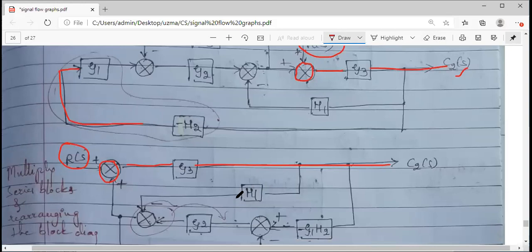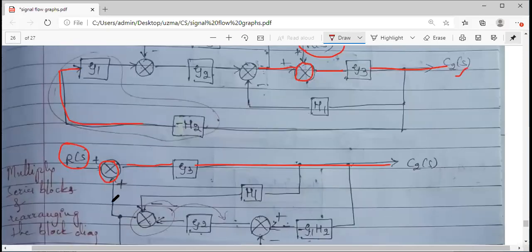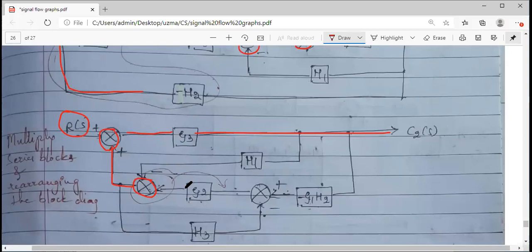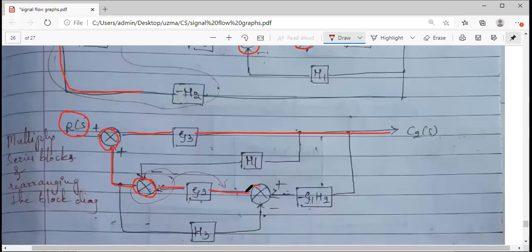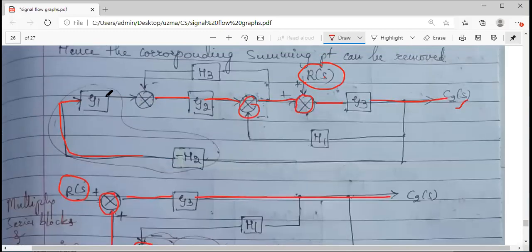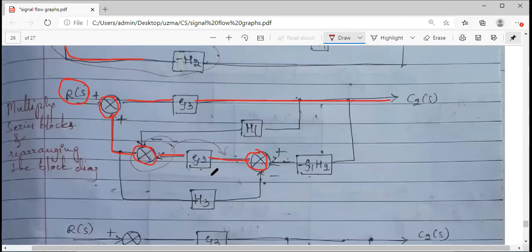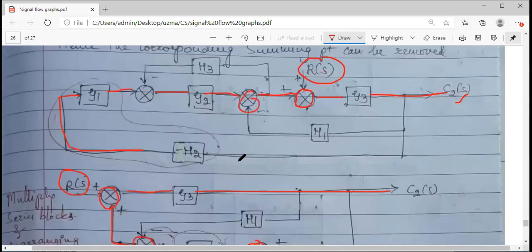Now, remaining all terms I have drawn below. You can see to this, reverse चले जाओ आप. Going to this reverse, one more summer, reverse, one more you have a summer, that is summing point. After this summing point, you have one G2. I have connected a G2. After this, one more summing point. G2 के बाद में और एक इससे पहले एक summing point आएगा. With that, you have a G1. Summing point से I need to connect to a G1. Sorry, where it is G1.